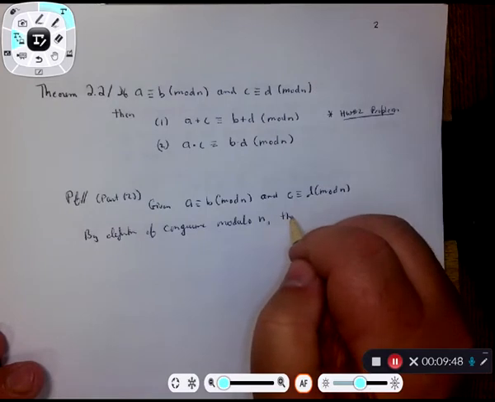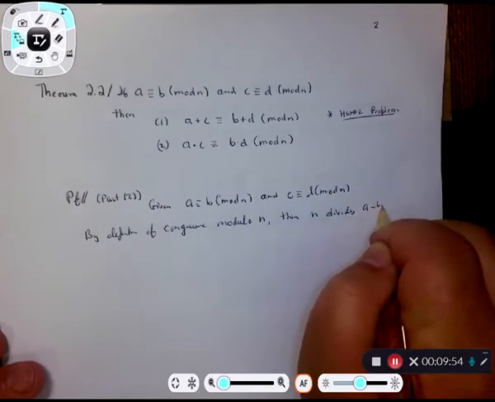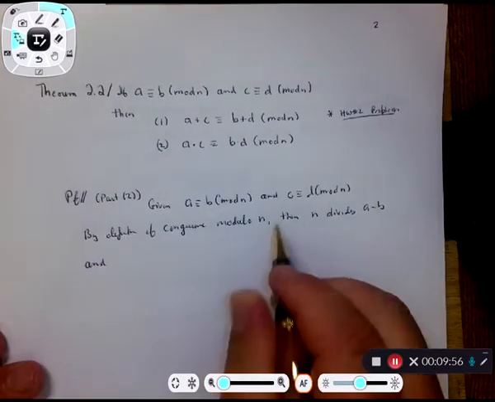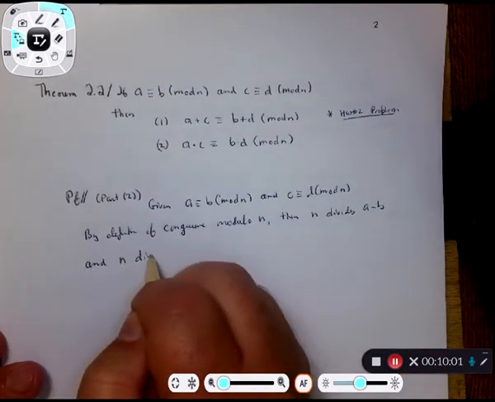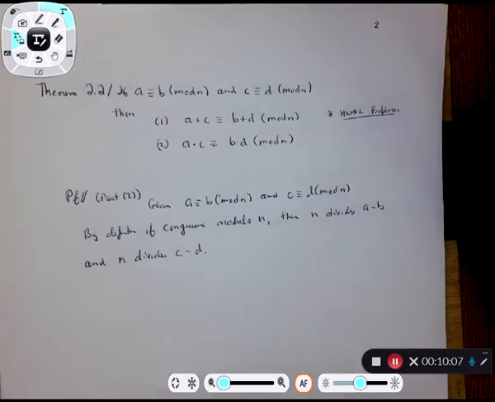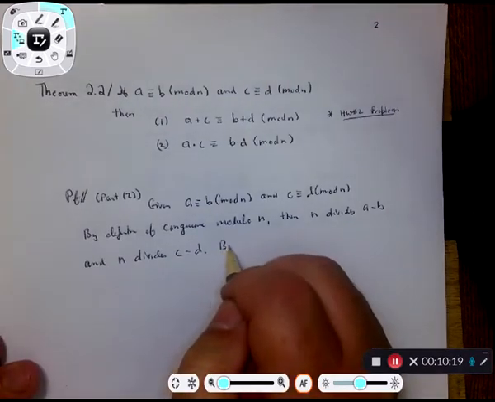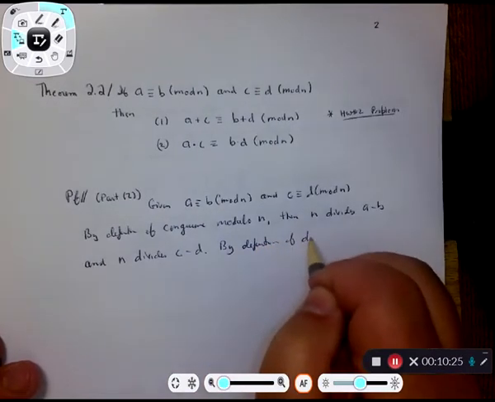This means that n divides A minus B, and what does it mean for C to be congruent to D mod n? It means n divides C minus D. But we got the divides part. Now here comes back to chapter 1 again. That's the definition of congruence modulo n. N divides A minus B, and n divides C minus D. By definition of divides, you want equations on this thing, so I need to pull out the definition of divides,